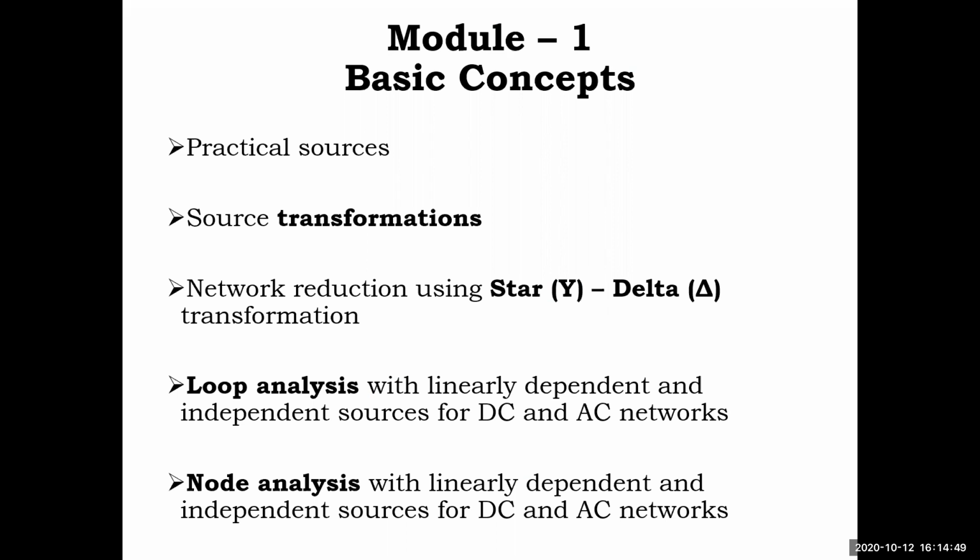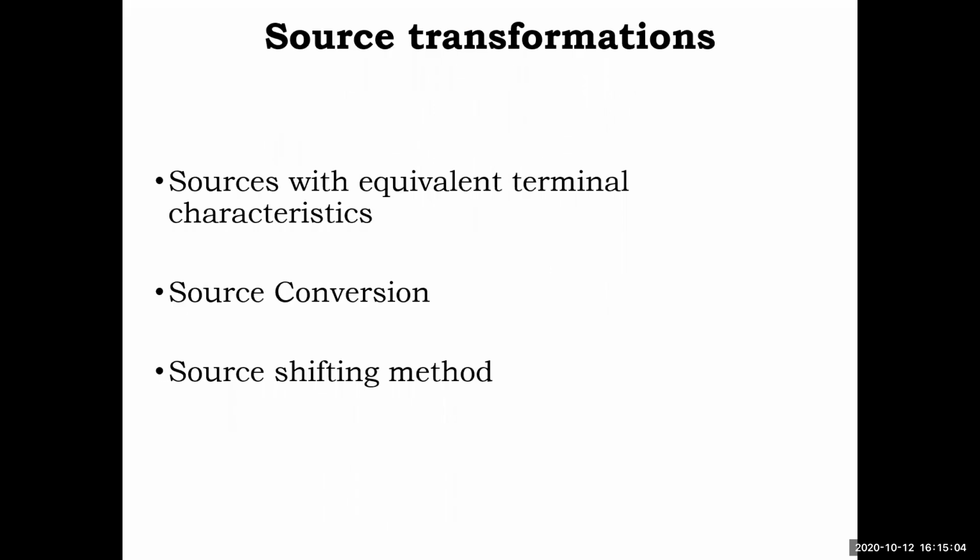Today we will be discussing the first topic, source transformations. Today we will give the concept of source transformation, and in the next video we will try to solve problems on the concepts we learned today. So what is meant by transformation? It is a conversion, or it may be some method. Source here is nothing but the active sources, energy sources you have learned, voltage sources and current sources. With respect to that, we are going to do some network reduction. We are finding some current or voltage through the network. For that, we will apply source transformation methods.